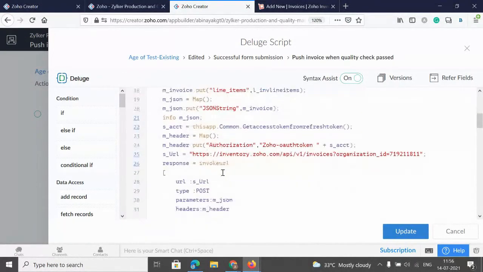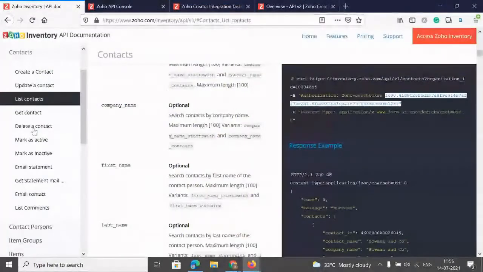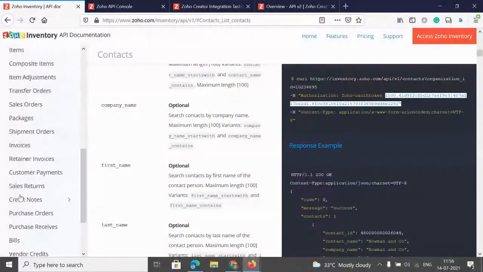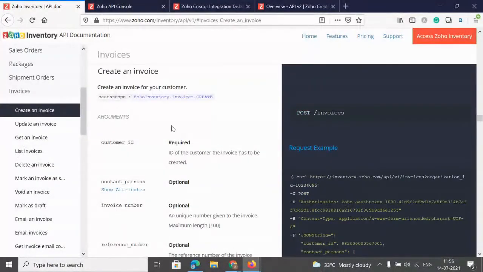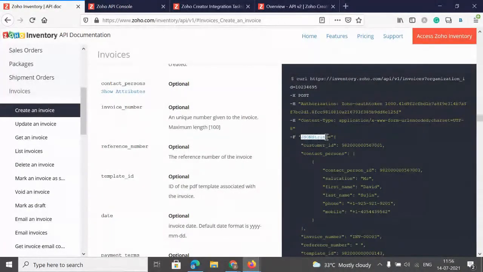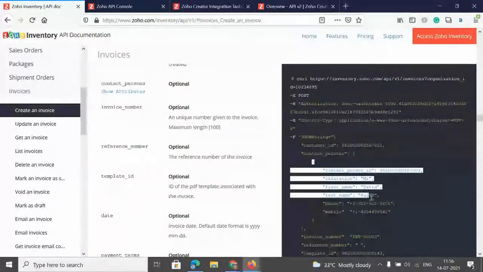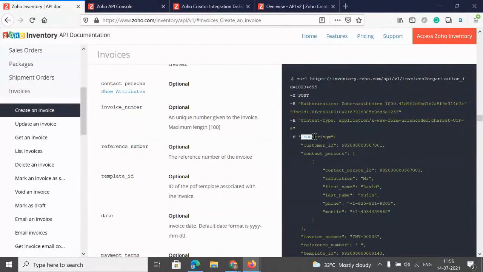So once this is done, I'm getting into the API invoice, create an invoice. You'll have to create an invoice within Zoho Inventory, right? So this is the structure. We have this JSON map variable within which we have the key value pair, and we have the list, and within that we have another map variable and the key value pair. So if you have to get all these data, then you'll have to use the get function, and you'll have to use this JSON string,